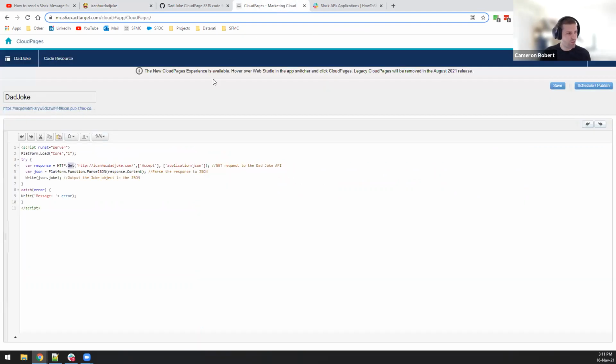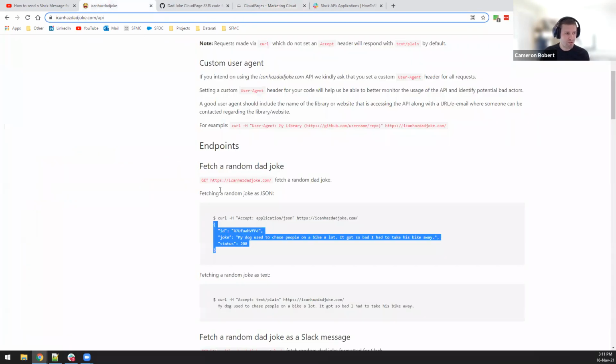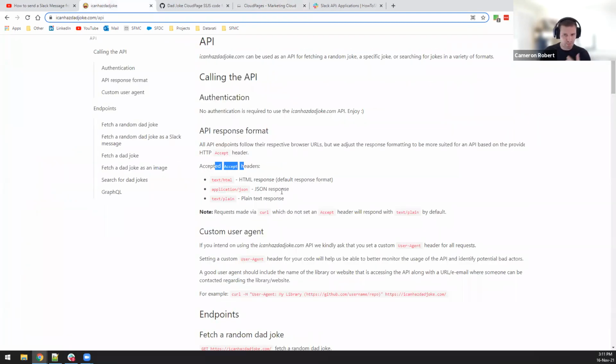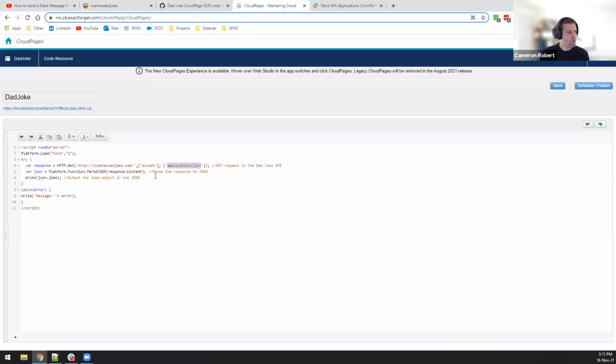So our GET request, we're going to ask for it to return in JSON format, exactly as our documentation here says, that we want to accept JSON format as a response. Good, we'll get that response to come back. And once we have that response, we're then going to parse the response into JSON. So we need to get those objects from the payload. So we'll get our response. Get the content of the response, and then parse it into JSON, which